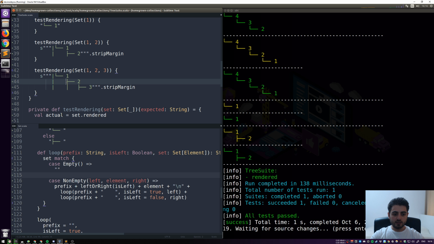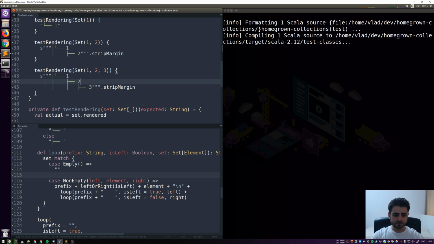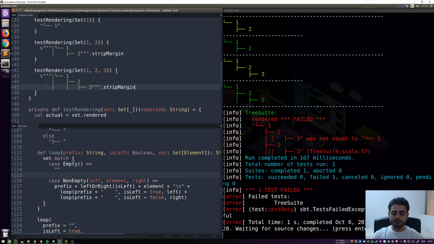Okay, so this is the right node and there will be something on the left, right? So if this node had something over here, we would need to continue with this line. Okay, so let's do that. So this does not pass, because exactly this thing is missing, this hyphen is missing. So it seems that instead of just calling left or right, we need another one called